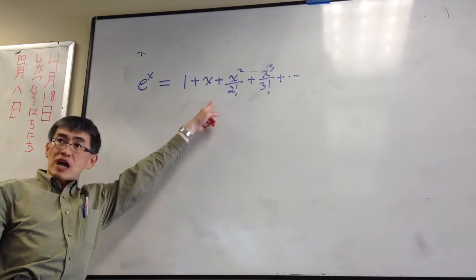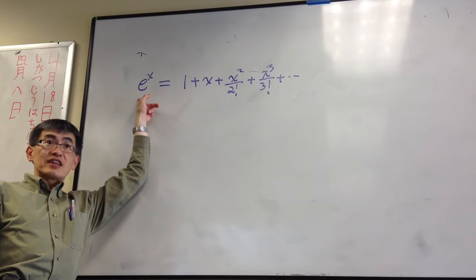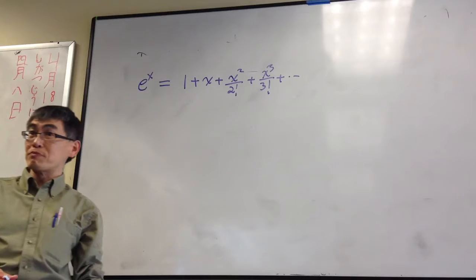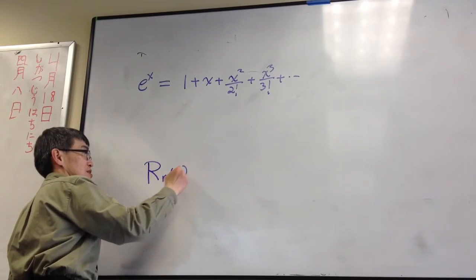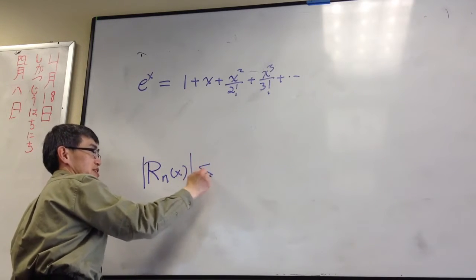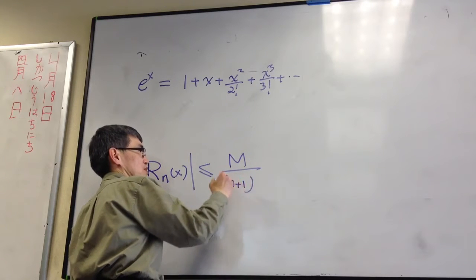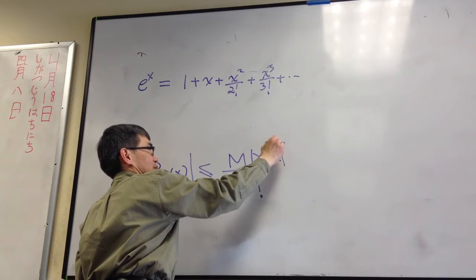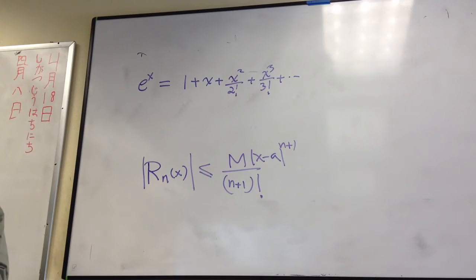For each x, you sum it, you get a sum. What exactly is that sum? Is that really e to the x? That's the second question. And for that, we have this remainder, some theorem about remainder. And that remainder, as you recall, it says that this one is less than or equal to what? n plus 1 factorial, x minus a to the n plus 1. Right? So look at it from last time. And that is the thing that you have to rely on. This is the bound of that